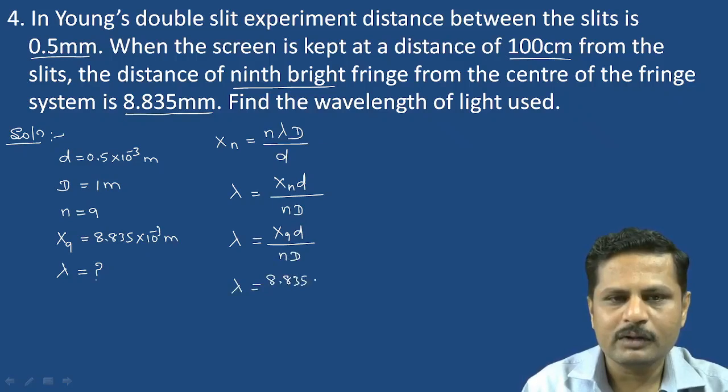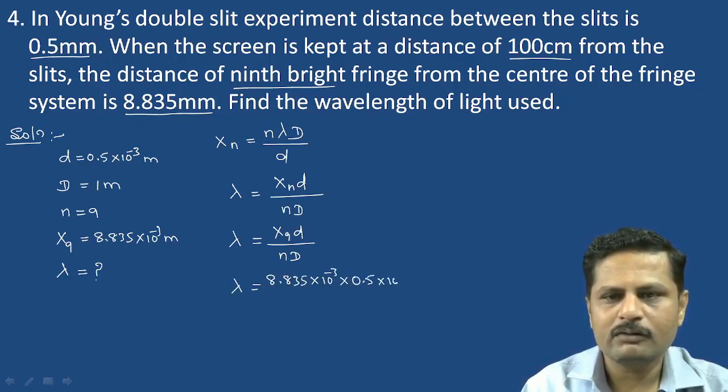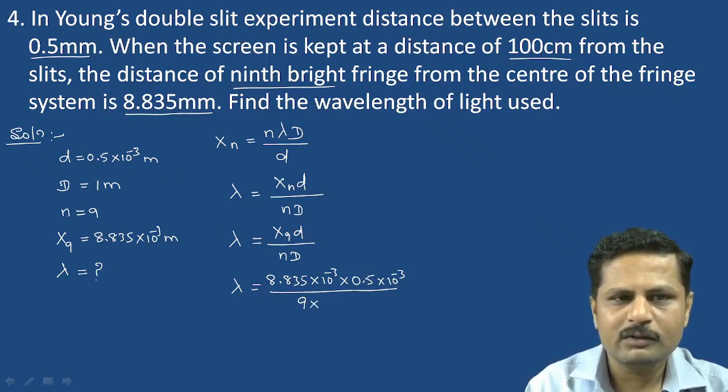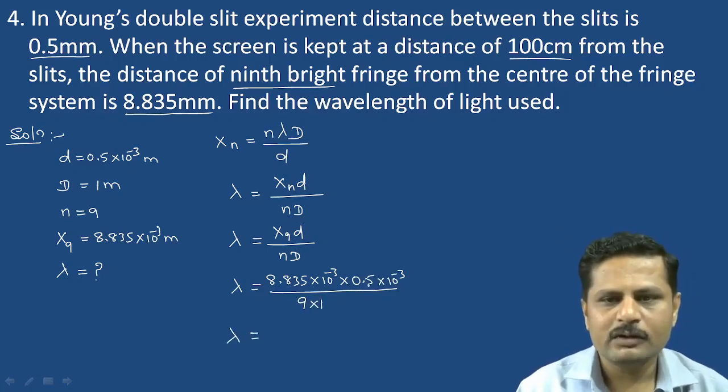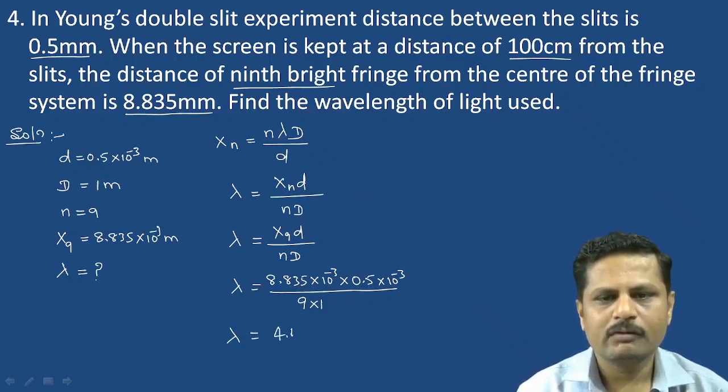8.835 into 10 raised to minus 3, into the distance between the slits, that is 0.5 into 10 raised to minus 3, divided by n. N is the ninth bright fringe, and the distance between the slits and the screen is 1 meter. So on simplifying, we get lambda equals 8.835 into 0.5, which gives us 4.4175 into 10 raised to minus 3,